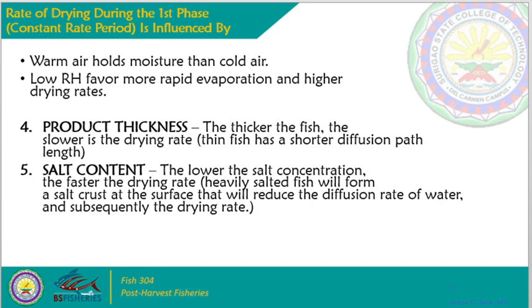Now, here we have the steps in drying. Wash the fish thoroughly, of course. Soak the fish in a 10% brine solution for 30 minutes to draw out the blood. Squeeze or open the belly cavity, remove the visceral or internal organs. Soak the fish for 3 to 6 hours in a concentrated brine solution to partially draw out the moisture and water content of the fish. Fifth step is place the salted fish in drying trays and dry it under the sun or under the mechanical oven. When the fish are thoroughly dried, pack them and store them in a clean, dry place.